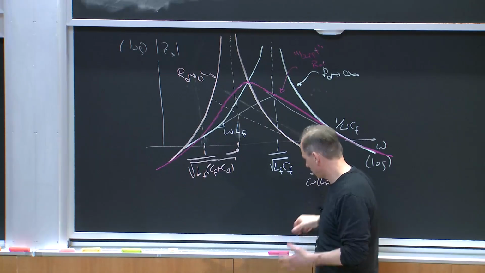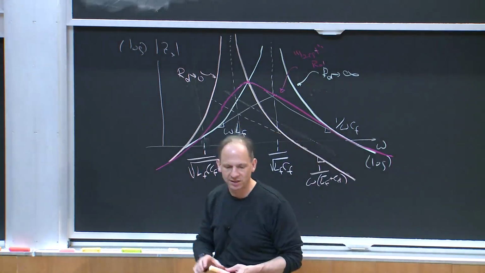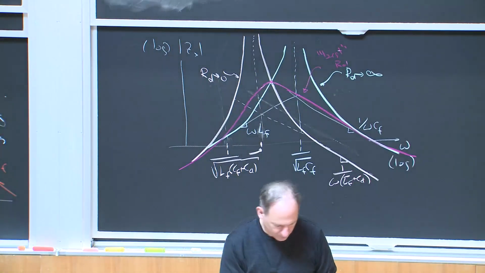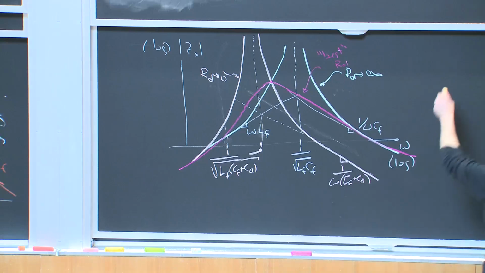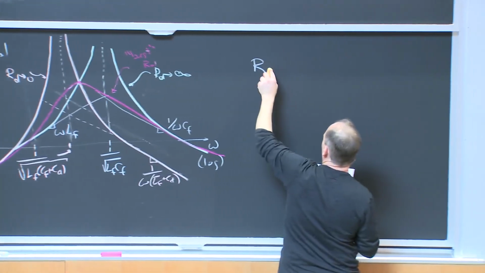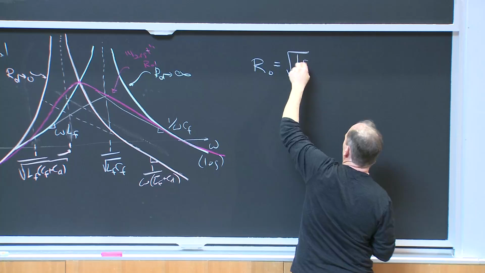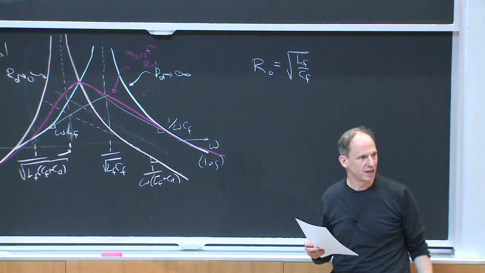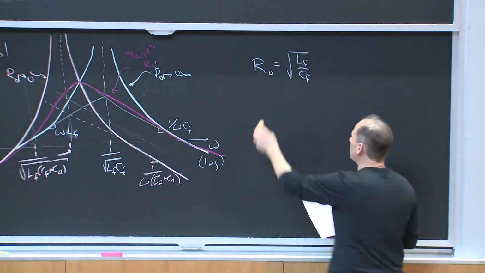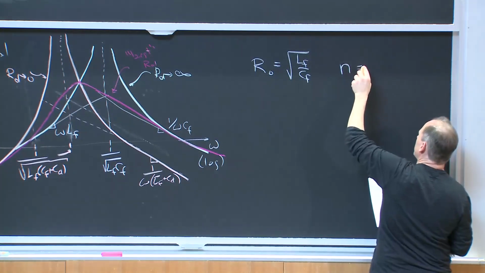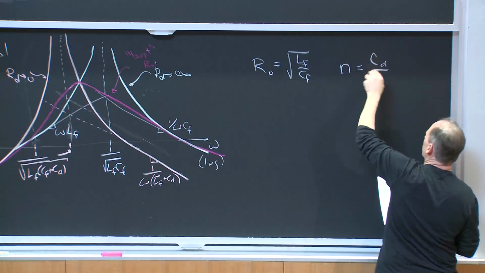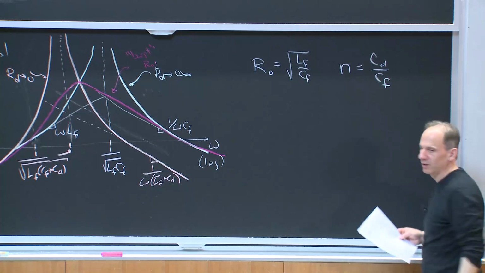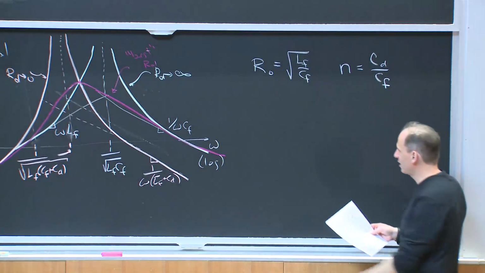I'm not going to derive this. This is nicely derived in one of the handouts that I provided. But here's the final result. If I define R naught as being equal to the square root of LF over CF, that's the characteristic impedance of my original LF CF branch, and I define n as being equal to CD over CF, that's how much bigger the damping capacitor is compared to the filter capacitor. What you can see is that RD